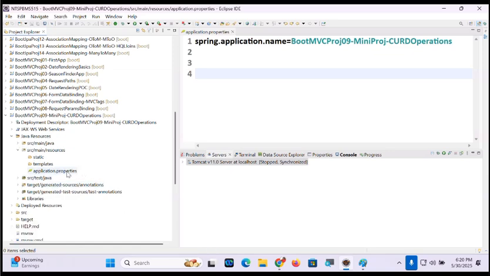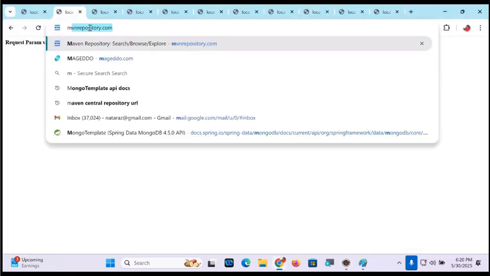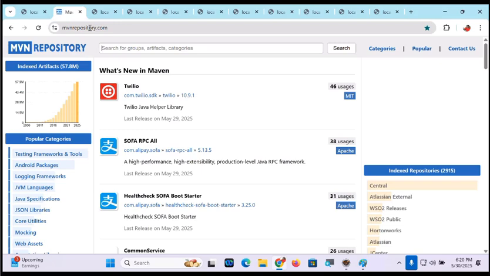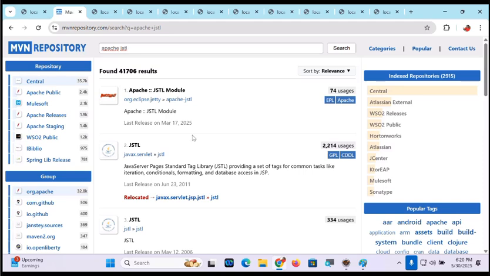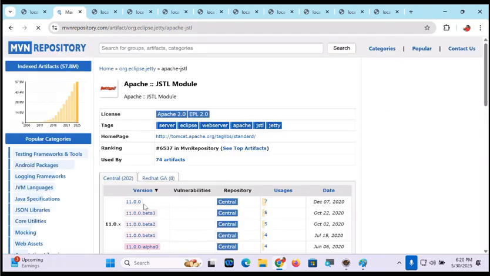Right. Okay. First of all, we'll add jars from outside also. JSTL related jars I have to add now, boss. mvnrepository.com. Okay. Apache JSTL. Sir, when you type, everything is coming as a suggestion. I typed many times, that's why that is coming. First time won't come, but next time onwards definitely comes. Apache JSTL, guys. 11.0.